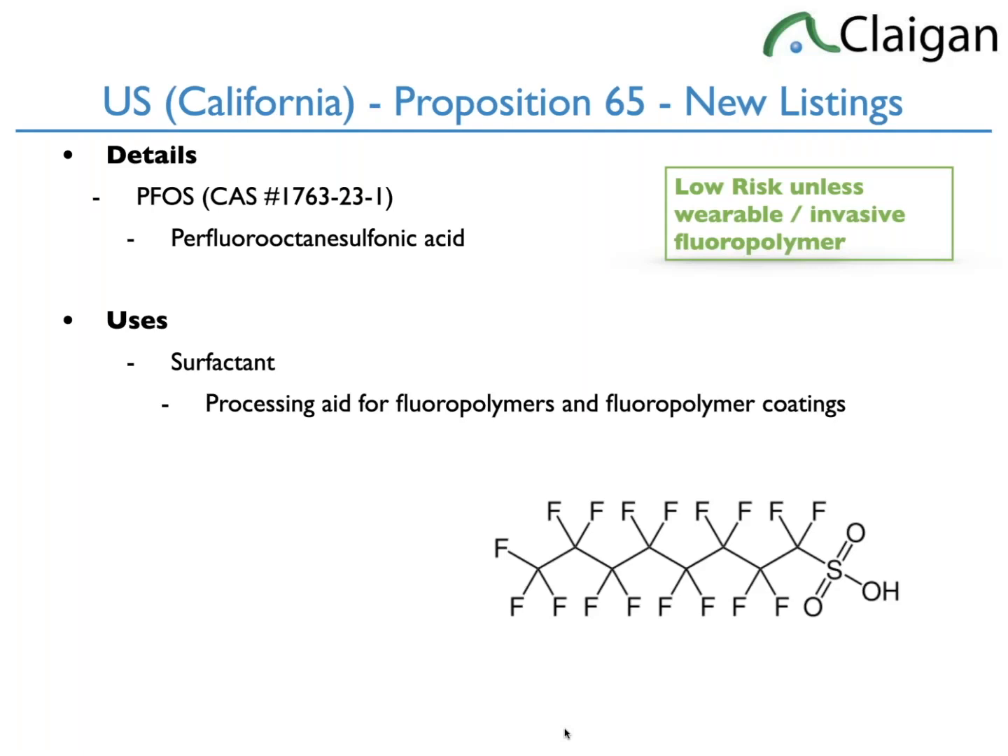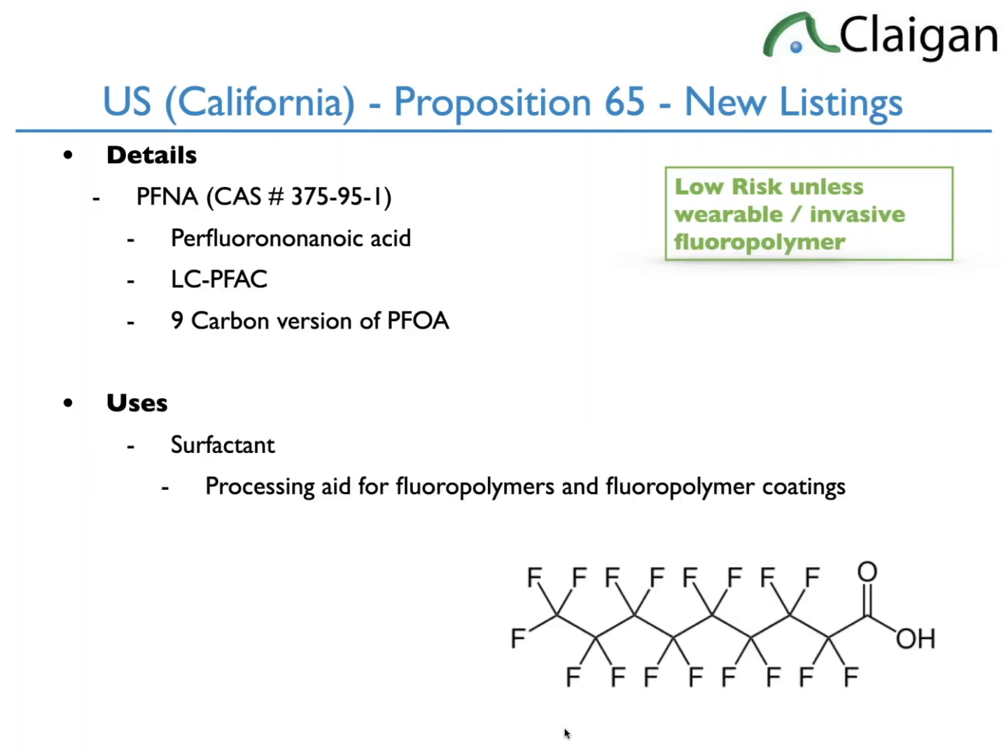Same thing with PFNA. PFOA, which is a Prop 65 substance and basically banned in Europe, is perfluorooctanoic acid, C8. This is perfluorononanoic acid, C9. It's one longer. So when we talk about long chain perfluoroalkyl carboxylates, LCPFACs, it's one longer than PFOA. It is a long chain perfluoroalkyl carboxylate, which will come up again later. Now, it's so low concentration as a residual surfactant,